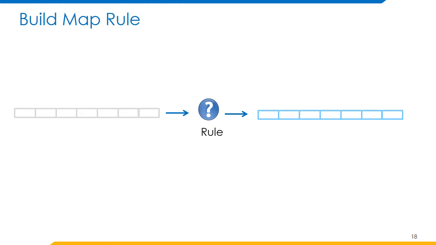Also, in case there is some data that needs to be fetched using external database and added to the current application, build map rule can be useful in this regard. This rule expects a map as output where the keys of the map are attribute names of the application and values are values corresponding to the corresponding attributes.